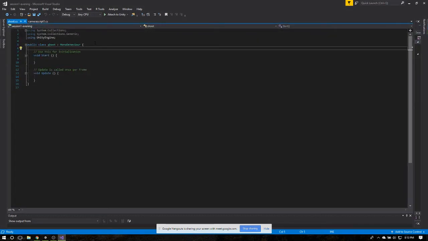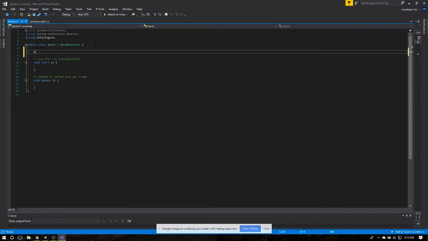So for this, you will need a public material, and I'm gonna call this prefab material. This is just a name of a variable I'm giving, like you did with speed and rotate speed or something for the camera. This is just a variable, but instead of saying float or bool,